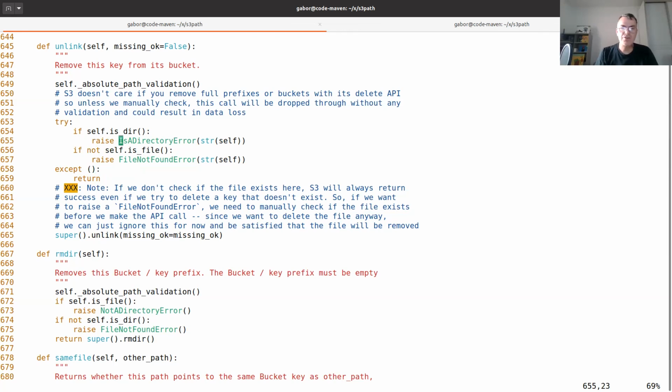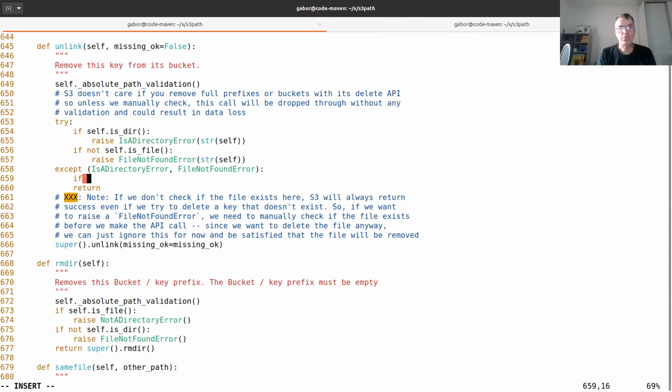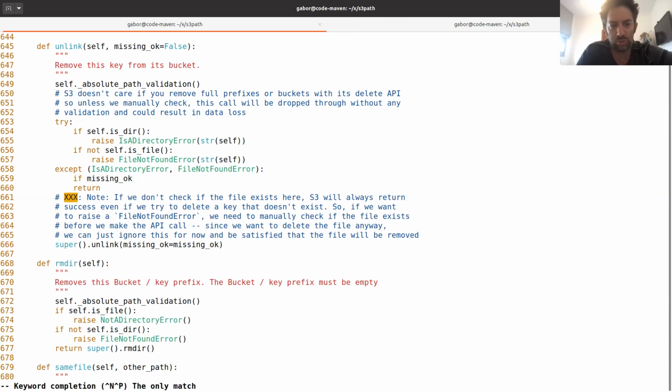Okay, sure. I just wasn't paying attention that we actually know the names of the exact exceptions. And here you can say, instead of just return, if missing_ok equals true, that's exactly what you wrote, return.